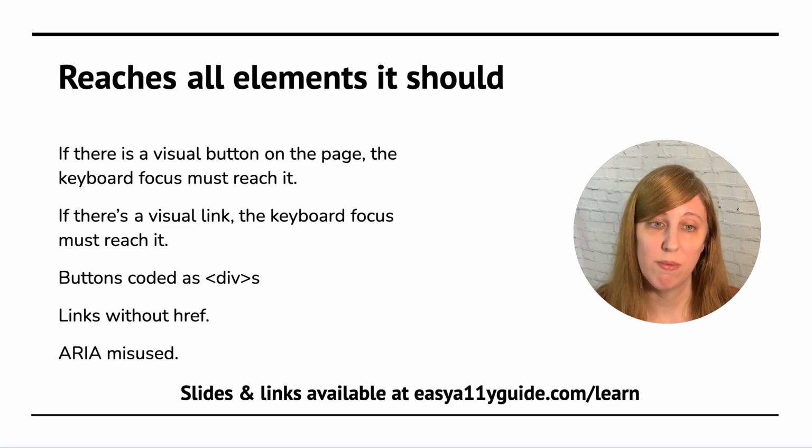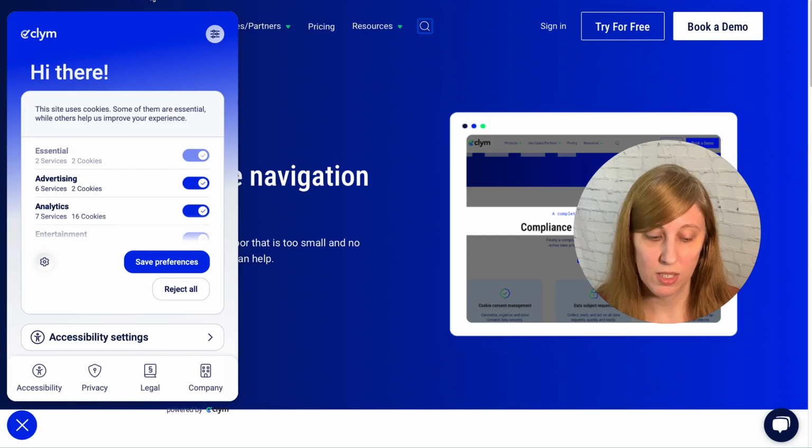Semantic markup is very important for accessibility, and you shouldn't try and fix issues caused by lack of semantic markup by just throwing more JavaScript at the problem. So here we are back on the site, and you'll notice that I cannot get the resources menu item to be focused. It's just not possible.